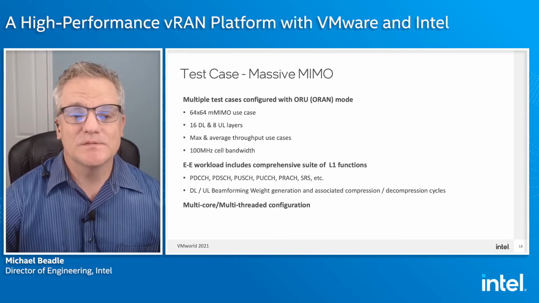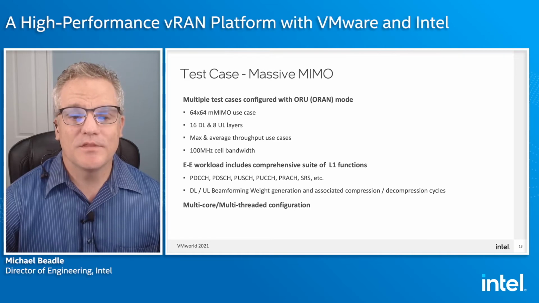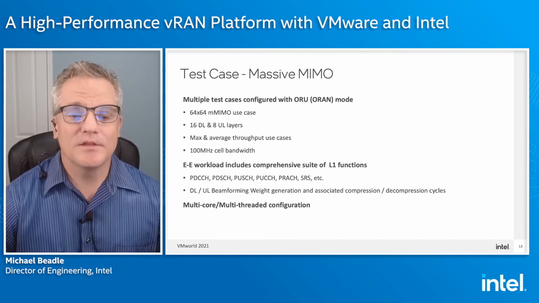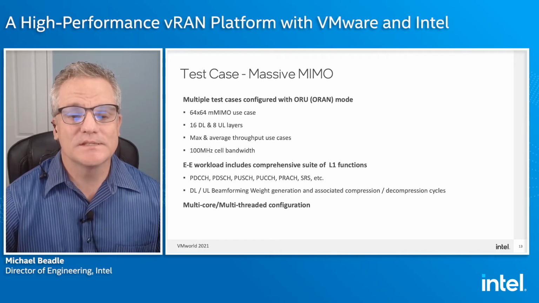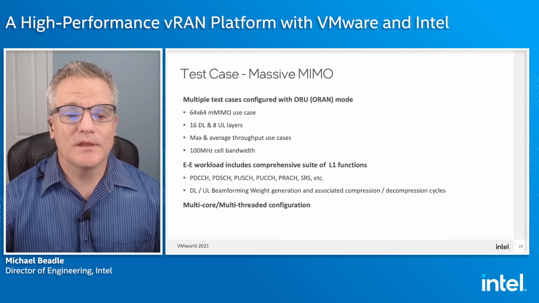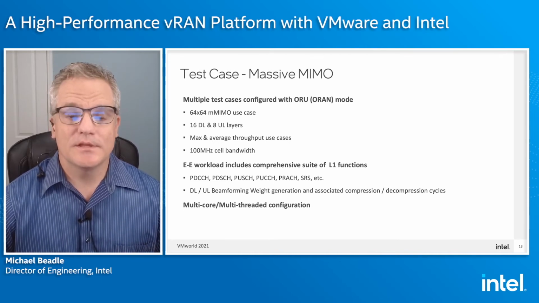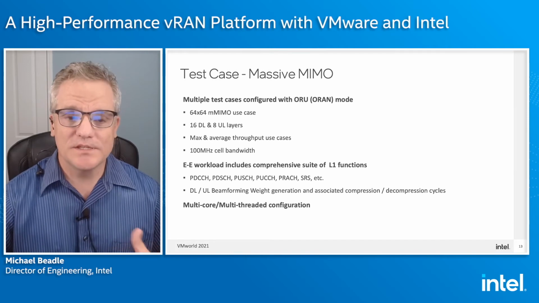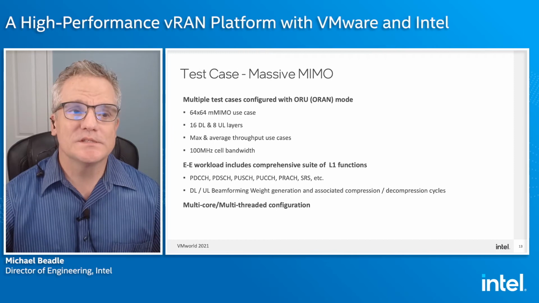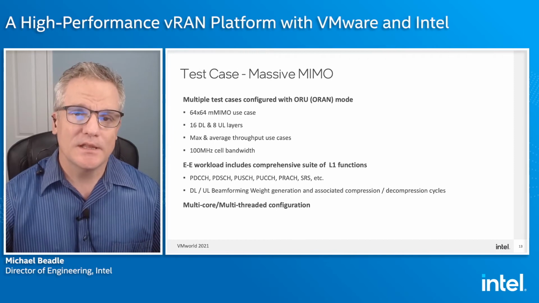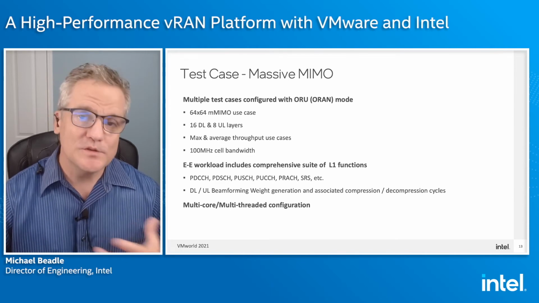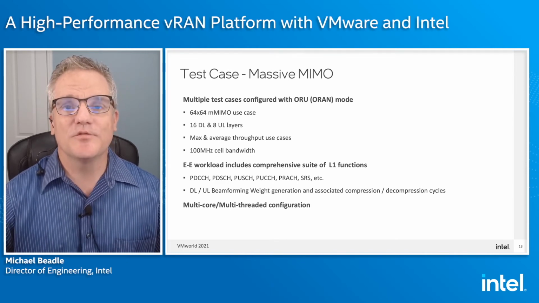In this particular case, we use 100 megahertz cell bandwidth. It's a full pipeline of the layer 1, so all the way from uplink and downlink, the full use case for the massive MIMO case. It's a multi-core, multi-threaded, multi-cell use case, and the purpose in this particular case is to show that if there's some kind of performance issue, or some kind of latency, unreliability or unpredictability, the heavier, more stressful use cases will show that, right? So they'll bring it to the forefront faster.